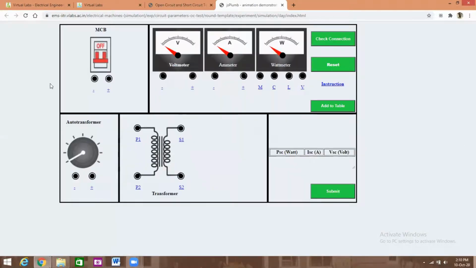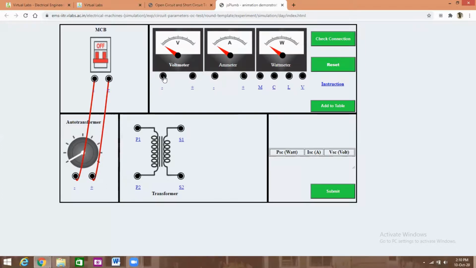Then the corresponding short circuit test panel opens. Now give the connections similar to the open circuit test. The only difference is that the secondary terminals are short circuited, S1 and S2 are short circuited. Similarly connect. The supply is given to the auto transformer, plus to plus, minus to minus.